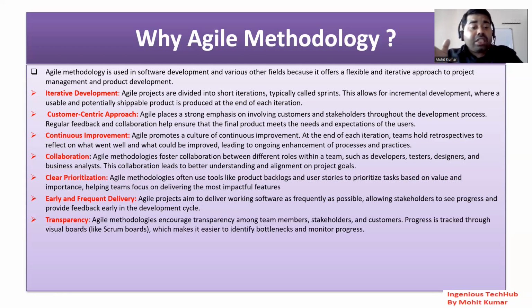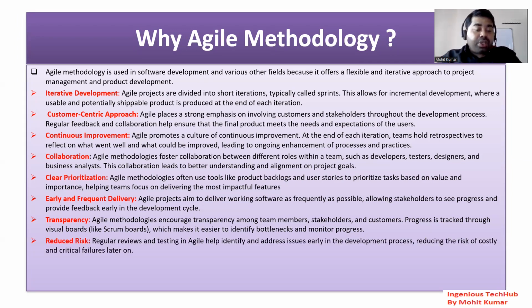Transparency. Agile methodology encourages transparency among team members, stakeholders, and customers. The process is tracked through a visual board like a Scrum board, which makes it easier to identify bottlenecks and monitor progress. Everything that is going on and all the status, where we are now, is displayed on the Scrum board. If you are using Jira and the like, it will show the progress percentage, and it will show a complete report of where we are. Okay,